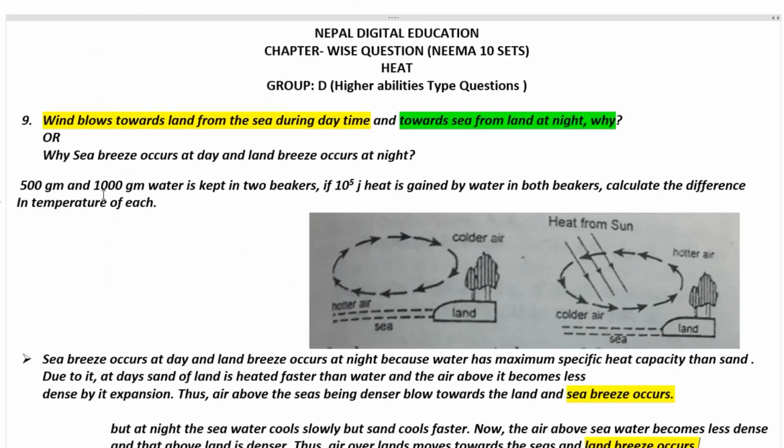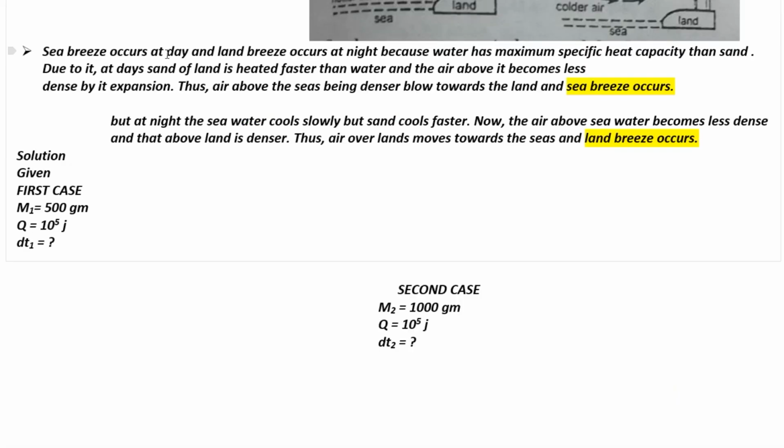So let us look at problem 9. Wind blows toward land from the sea during daytime and toward sea from land at night. Why? It is also called what? Sea breeze and land breeze. So sea breeze occurs at day and land breeze occurs at night because water has a higher specific heat capacity